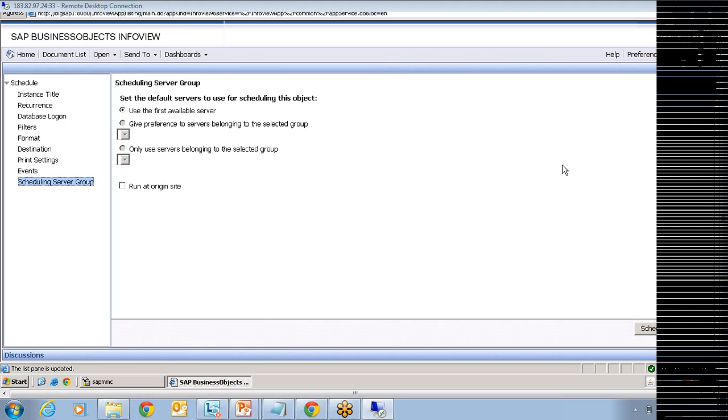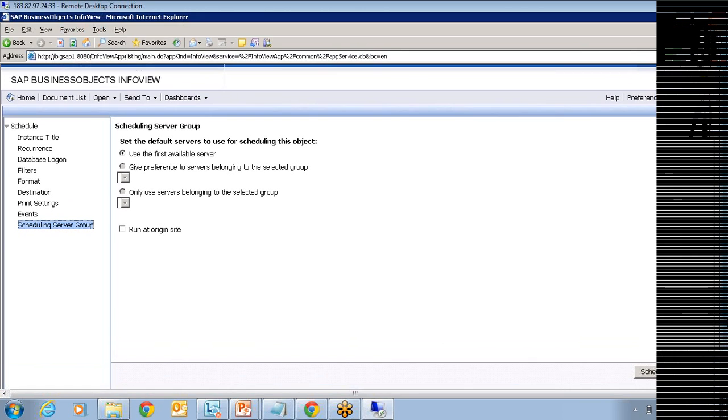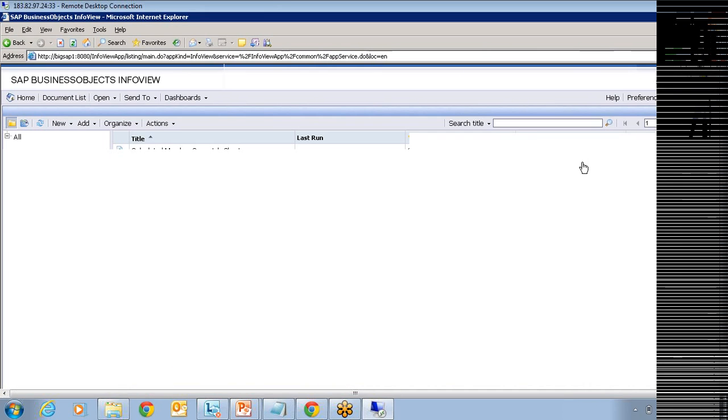You want to schedule dashboards. I'm not sure about 4.0 if they have introduced a new option, but here the dashboards that you develop, it's not going to be a dashboard design. It's going to be a dashboard output, which is a SWF file, right? So a SWF file is just a third-party file like PDF or Excel. So you need not require any processing servers for that. But let's see if I have a SWF file, if I can schedule it or not. I don't think so.